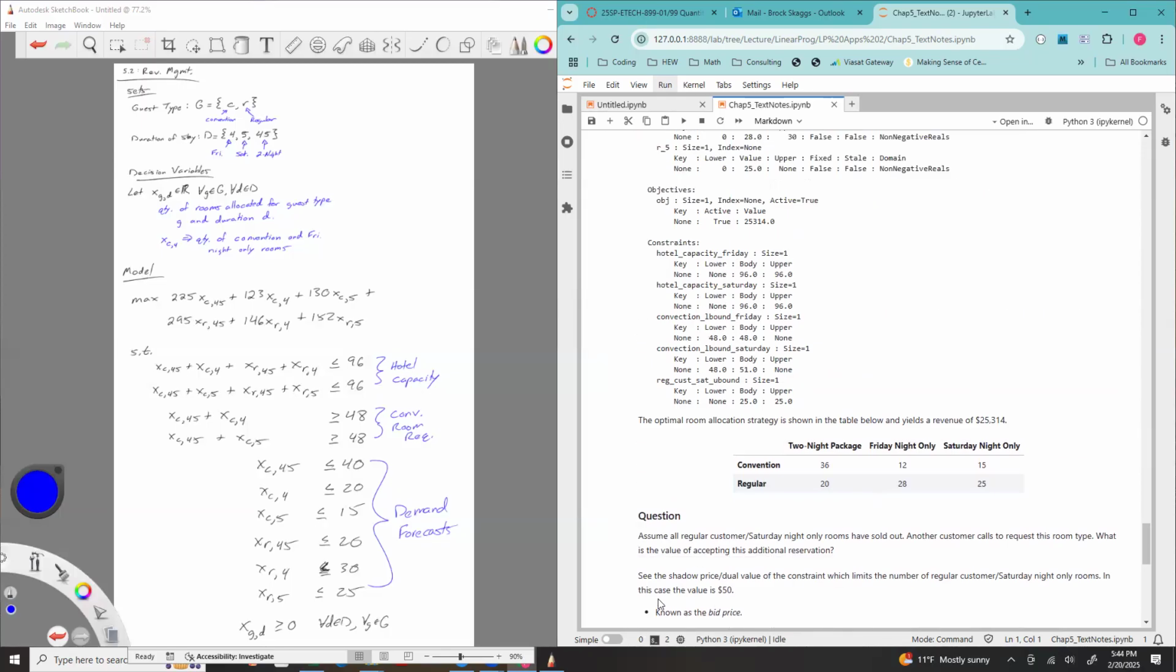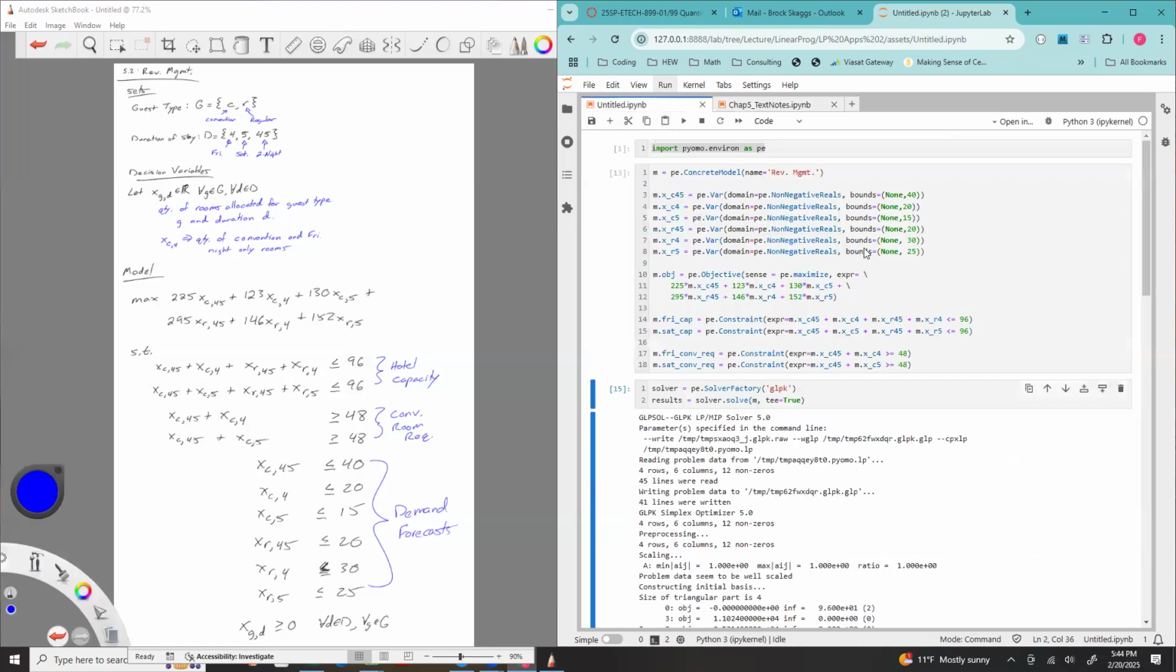giving us the plan. One of the questions that may come up with this is: assume all regular customer Saturday night rooms have been sold out. Okay, we're accepting reservations. We've sold out all 25 of them. Another customer calls to request a Saturday night room only. What is the value of accepting this additional reservation? So if you think of this, this goes back to our chapter 3 discussions as far as the Saturday night only demand. In my Pyomo code, I basically used